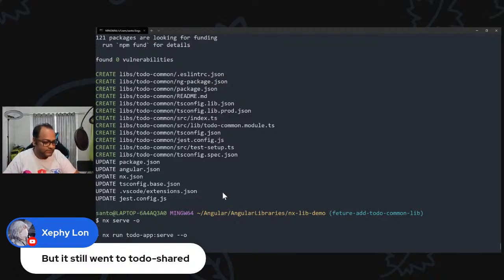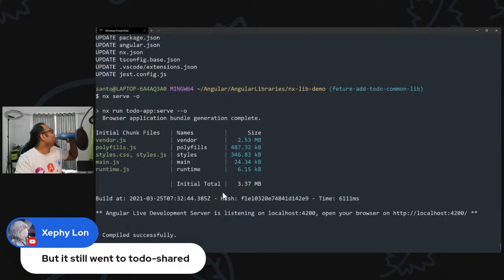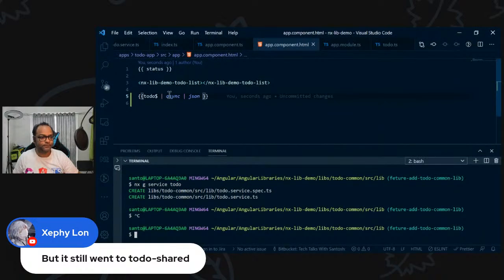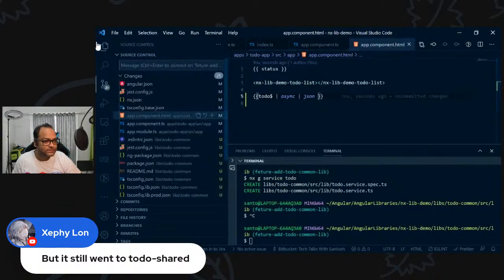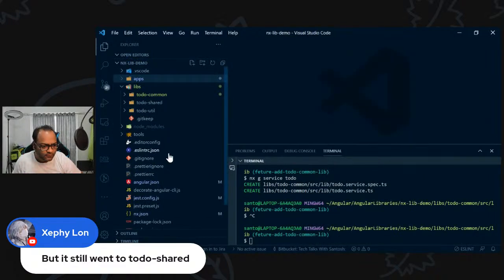And now let's serve the app, and it will just build everything which is needed. We don't have to build the library separately. And you have the data. Now you can probably display it in a table or grid, whatever you need. So now we have two libraries which are available. Let's try to use